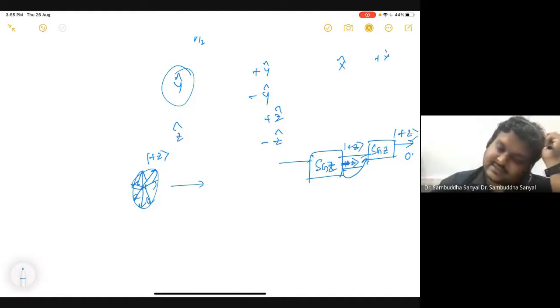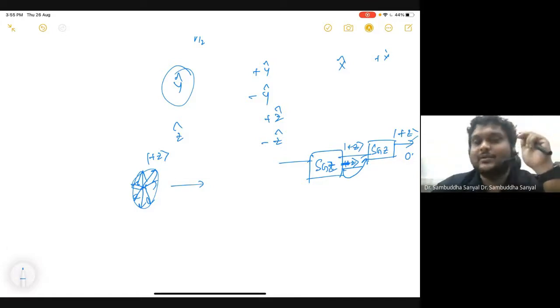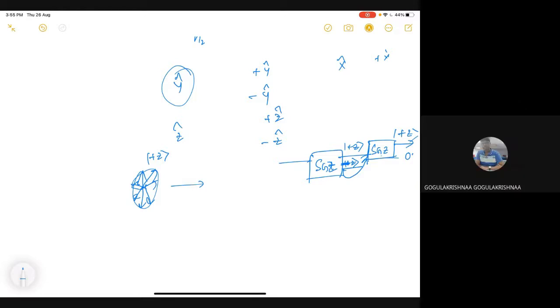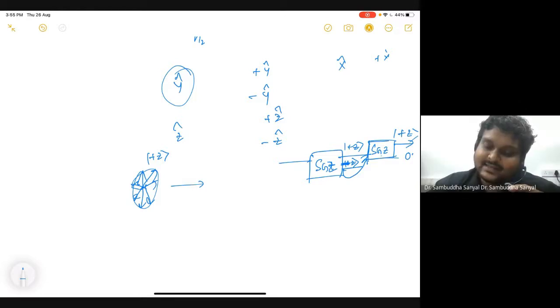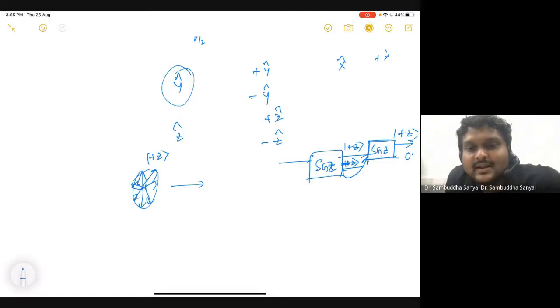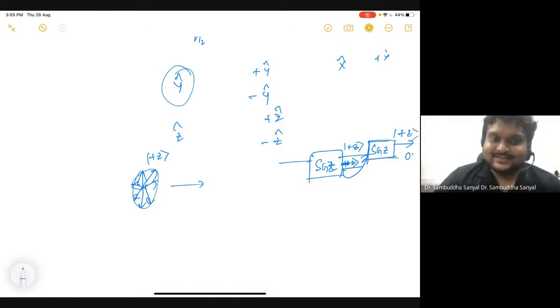First of all, you have to include more and more complexity in that, because this guy has to know what is entering here. This simple picture needs more extension. This guy has to know what is entering, because he has to be careful: if a plus z is entering, don't rotate it to minus z. So that rules out one possibility.